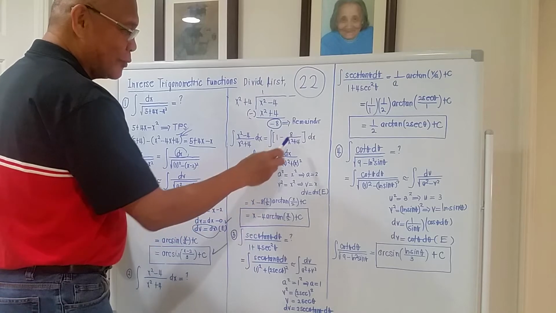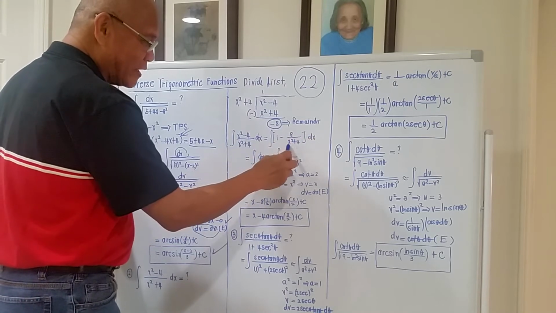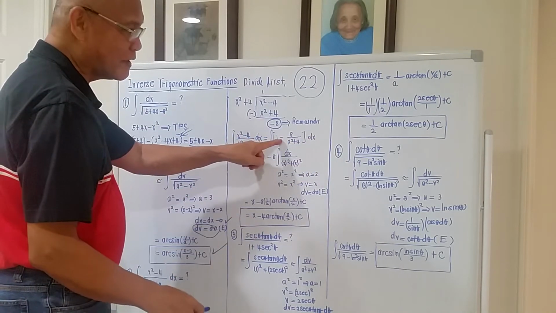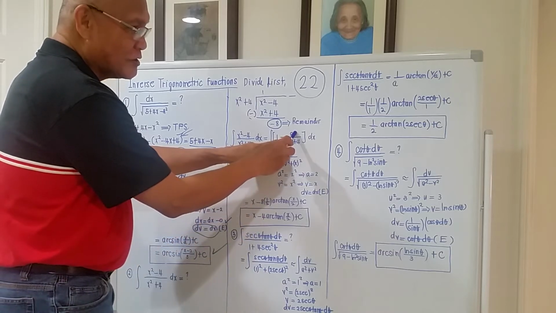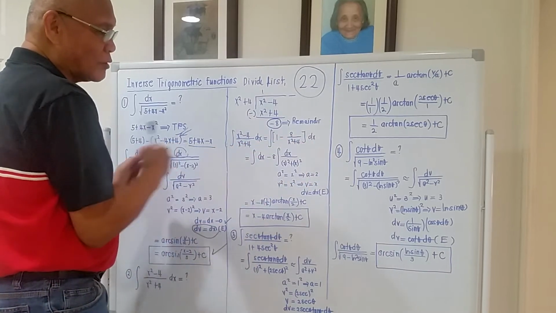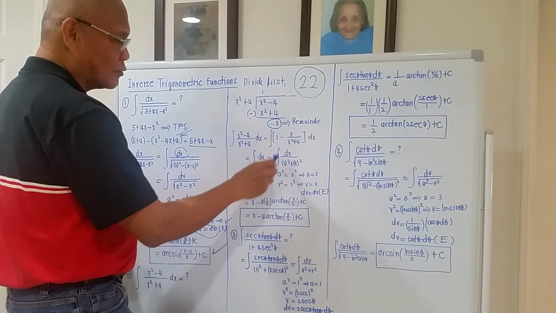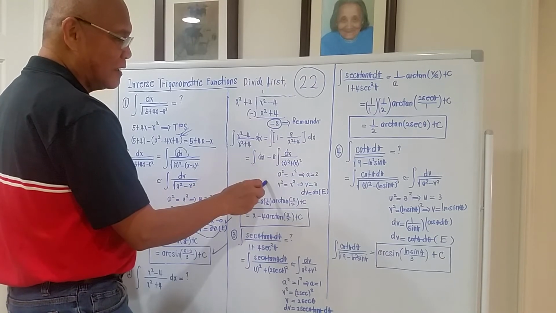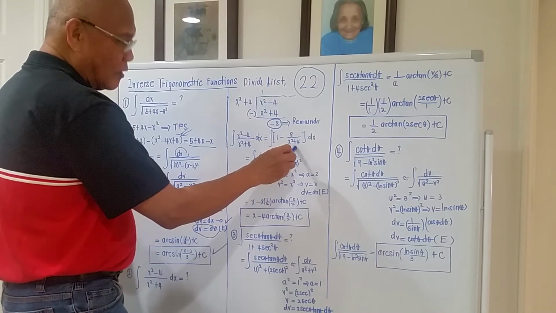Second term, we got minus 8 dx all over x squared plus 4. This is represented by the negative sign. 8 is a constant, so we bring it out. The expansion will be minus 8 times the integral of dx over